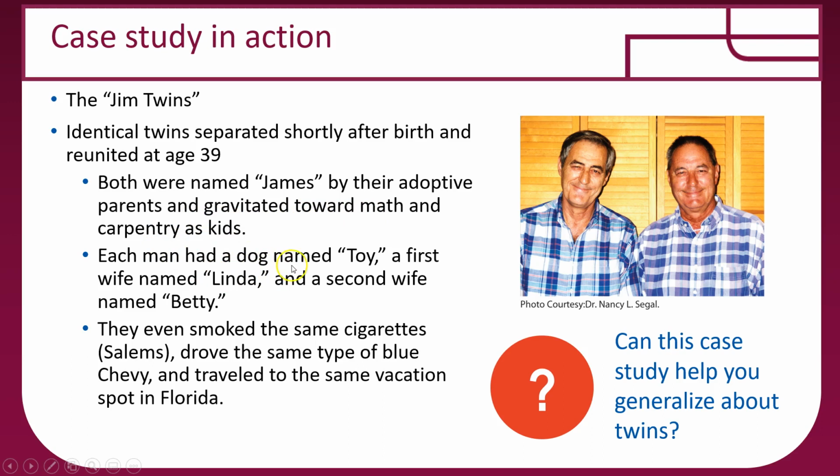Each man, again, they hadn't known each other. They were separated at birth. They met when they were 39 years old. Each man had a dog that was named Toy. Each man had a first wife named Linda. And each man had a second wife named Betty. Now, those are pretty impressive